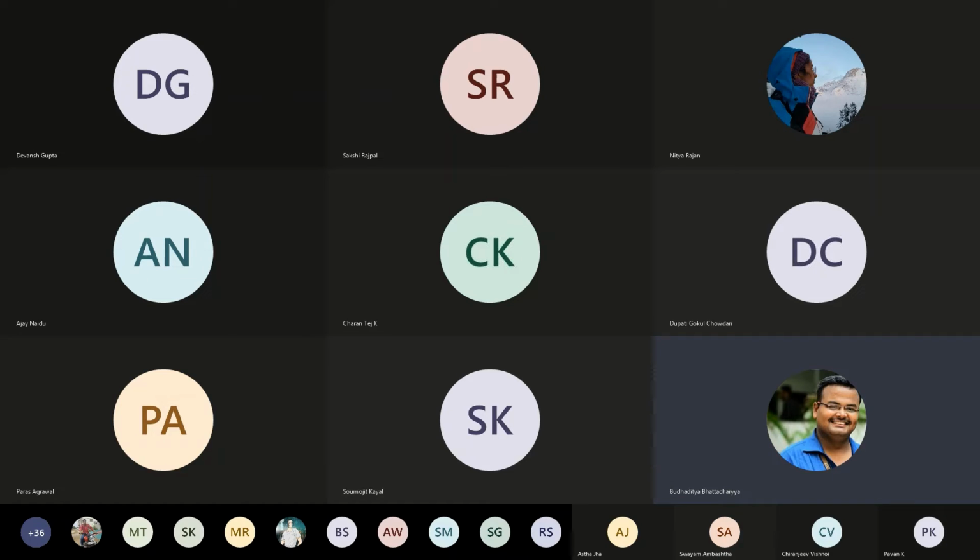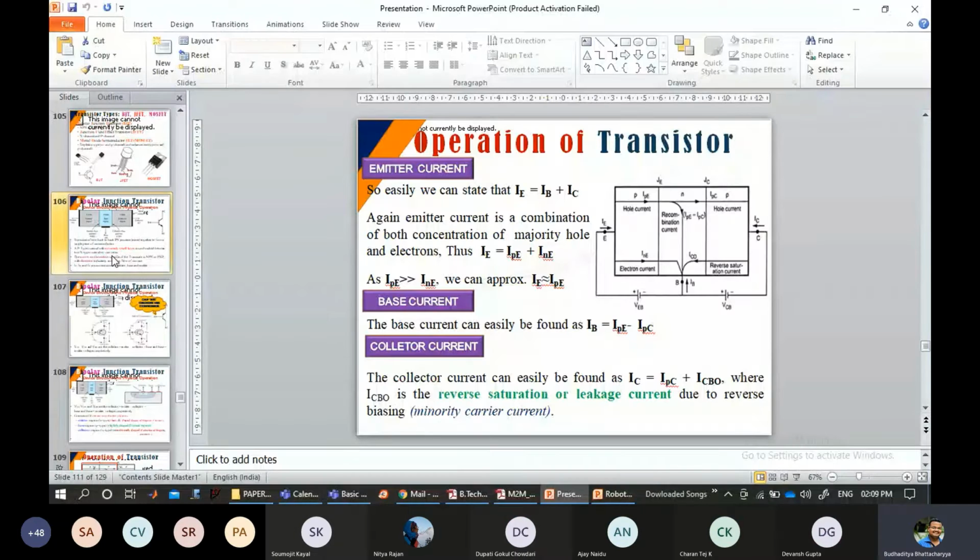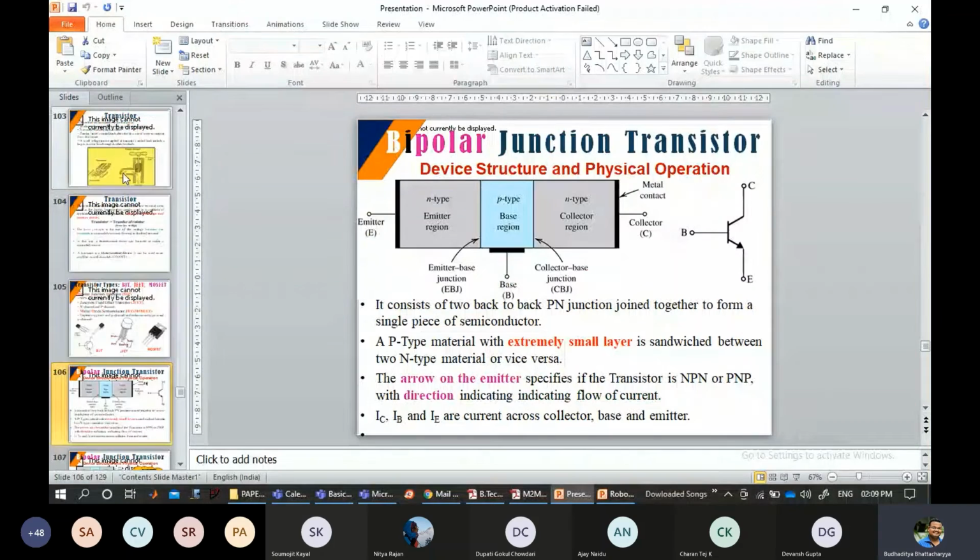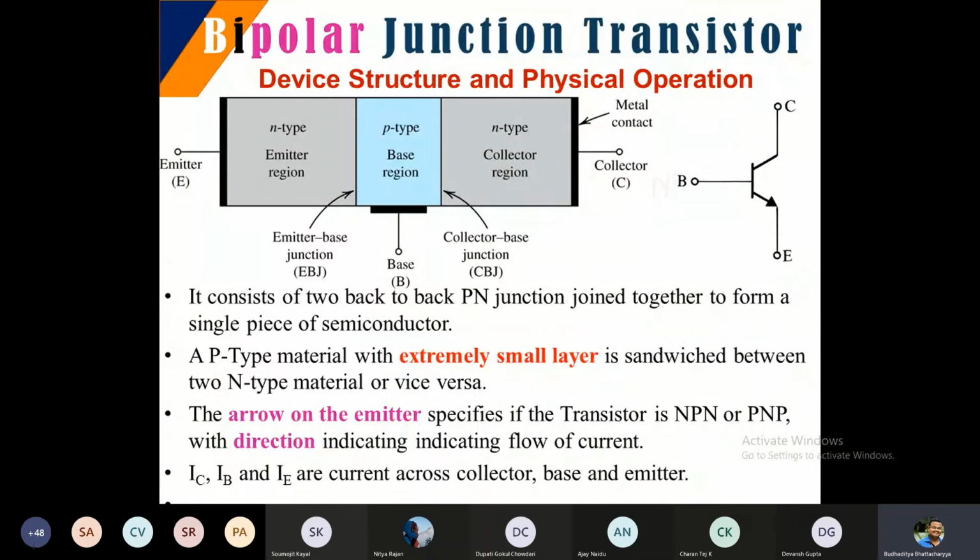In the initial part of the discussions, we observed what an NPN transistor is, why it is called a transistor, and what the basic feature is that makes it different from the diode action. We also discussed the meaning of the symbol and how we are representing it. Also, we have found out that the basic principle or the basic functionality of this whole thing is that